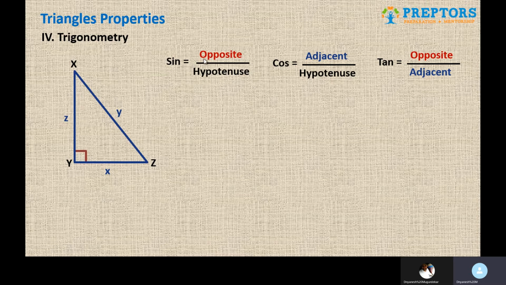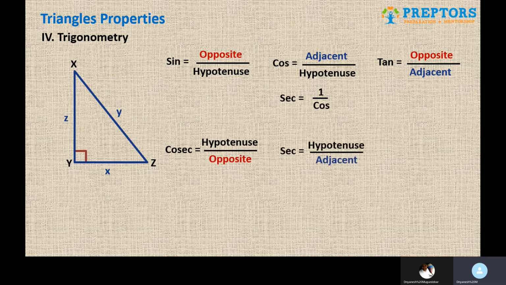So Old Henry, the letters are important. Old O, Henry H, and A, his H, old O, aunt A. So OH, AH, OA, that is sine, cos, tan. Once you remember them, the inverse of sine is cosec, the inverse of cos is sec, and the inverse of tan is cot. That's it. So the main three ratios are sine, cos, tan, and then their respective inverses. You don't have to remember the inverses specifically, you can swap them. That's the easiest way to remember this.